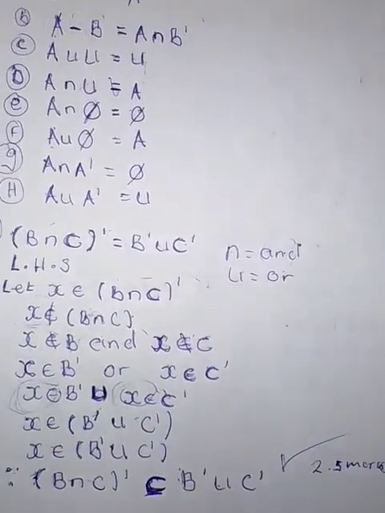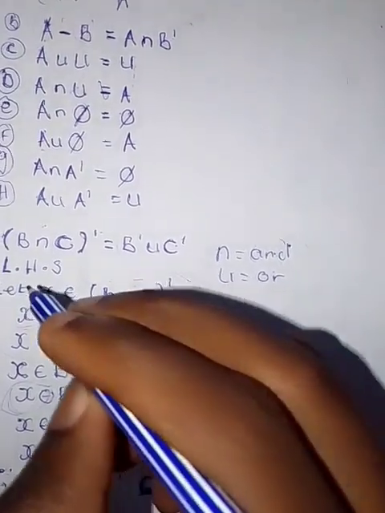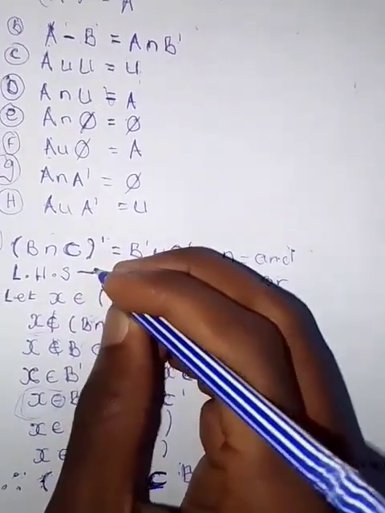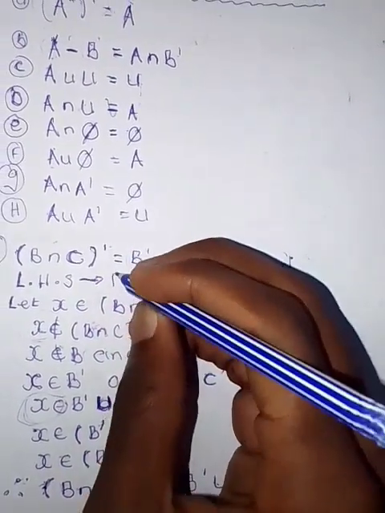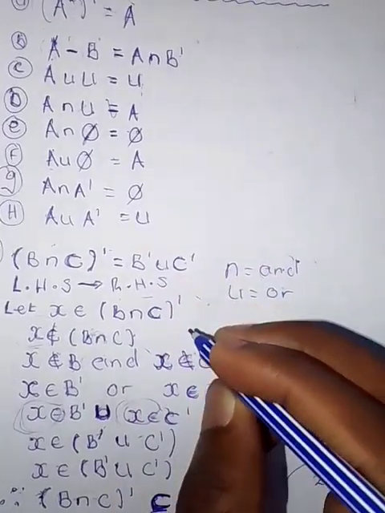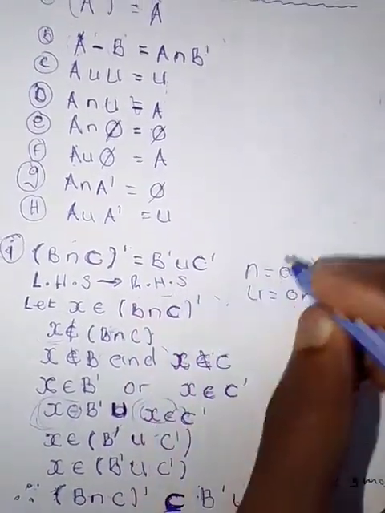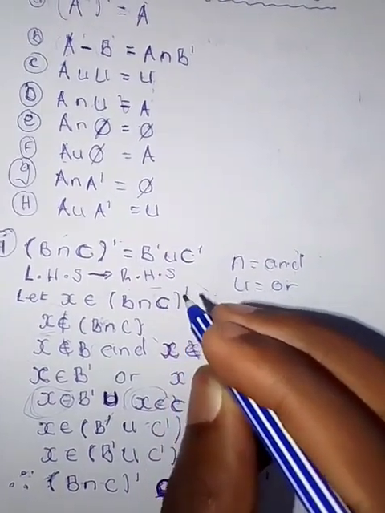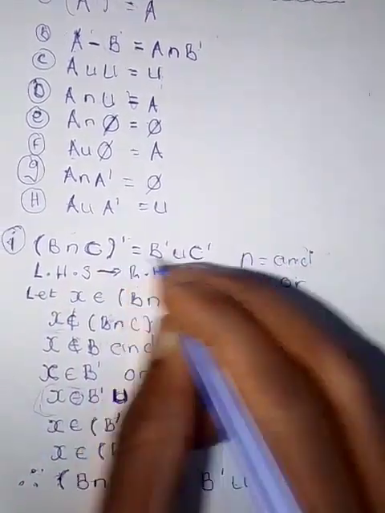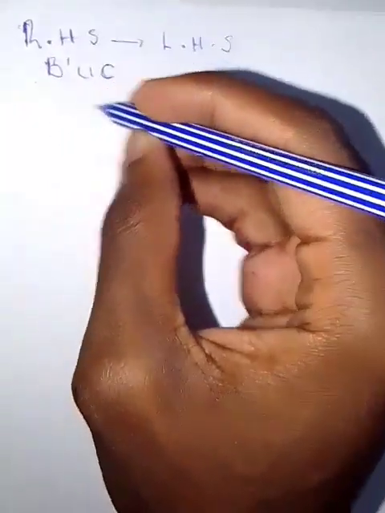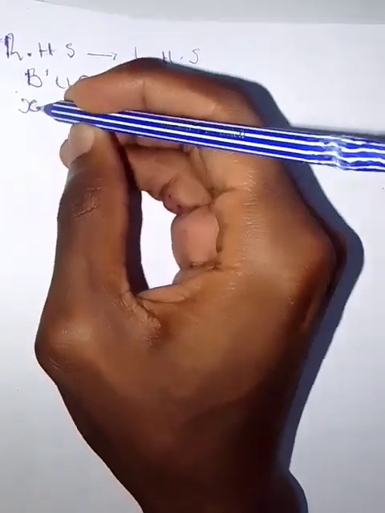So now let us show the right hand side to the left hand side. The moment we show that, it will mean now that we have proved that they are equal. That's when you're now going to get the 4 marks. Okay, so now let's apply the same concept. Let's assume we have an element X, which is a member of